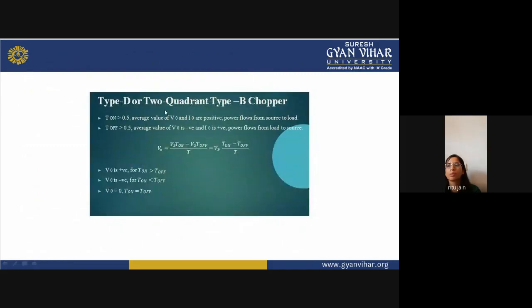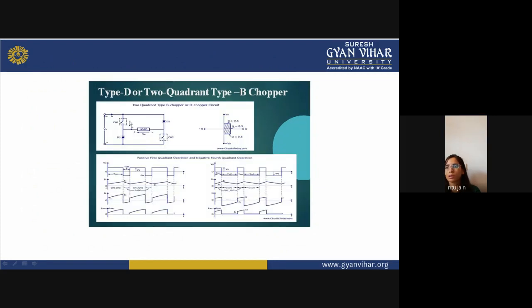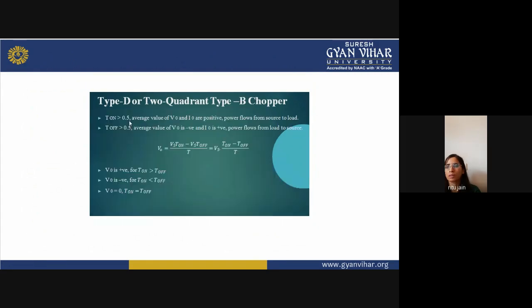From these equations, we can understand that if turn on time is greater than 0.5, the average value of V naught and I naught are positive and power flows from source to load. Sorry, if it is less than 0.5, the average value of V naught...